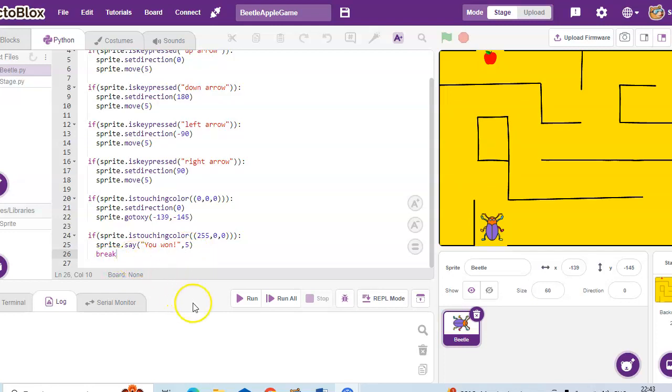Okay, so I'll execute it now. I'll click on run. Now I will use the arrow keys to move this beetle. The beetle is moving up when I am pressing the up arrow. Now I am pressing the left arrow and the beetle is moving left. Now again I am pressing the up arrow, the beetle is moving up,